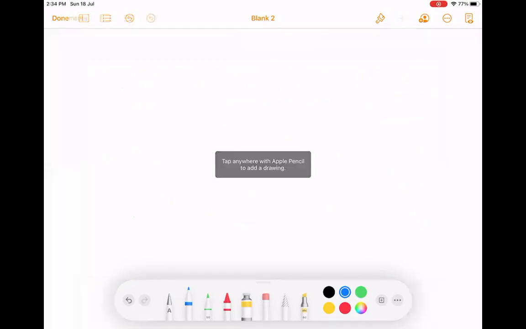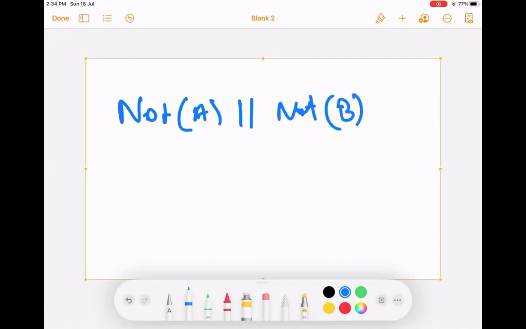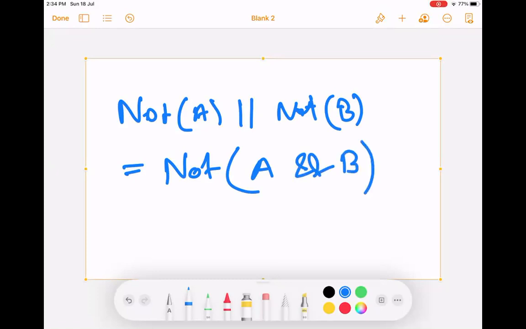Secondly, not A or not B is equal to not (A and B). Clear? Yes, sir.